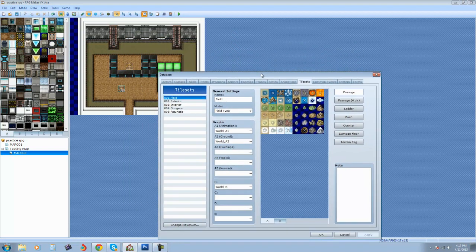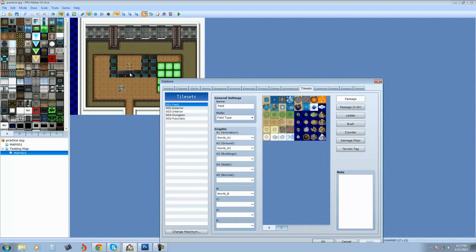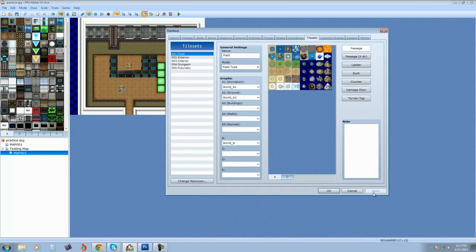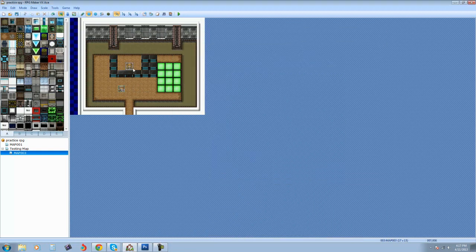The next thing that we have is this tile here is set as a counter, and what that means, it's this button right here. Those tiles allow you to interact with the NPC behind the counter without talking to her directly. You in fact can talk to the counter instead. Okay, so